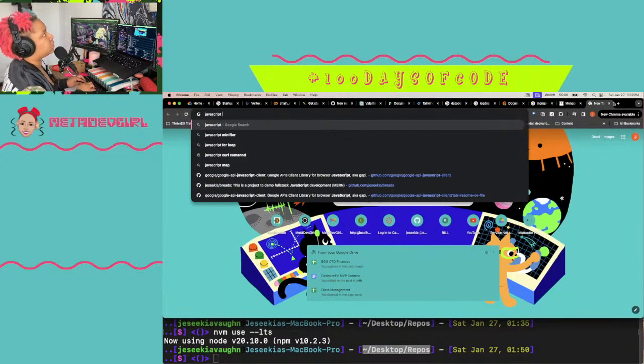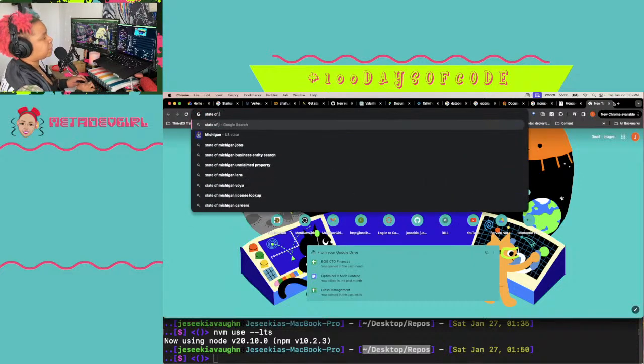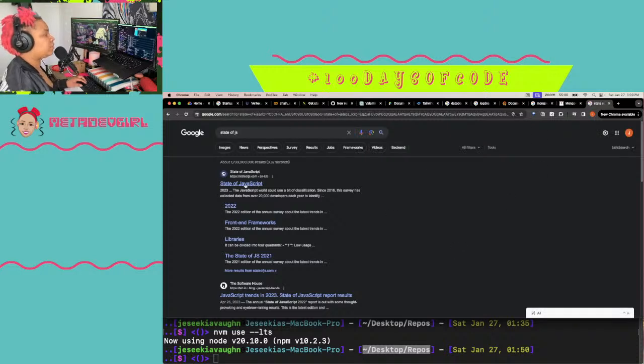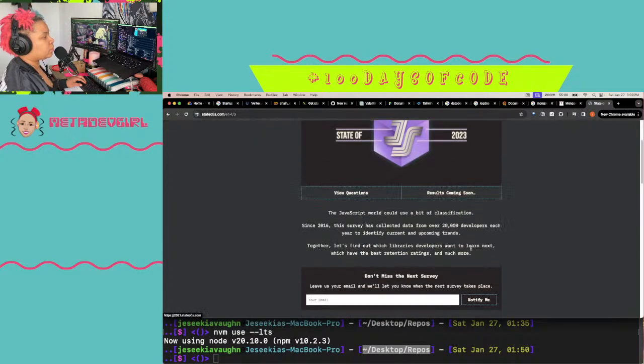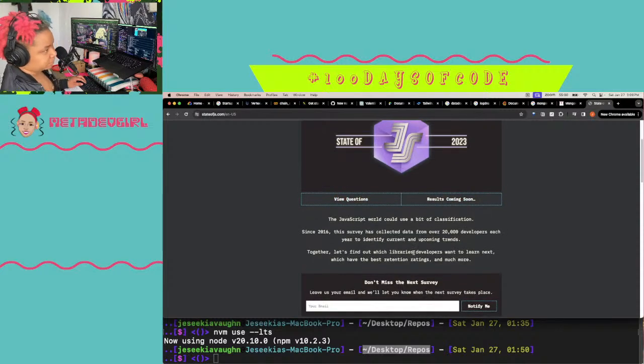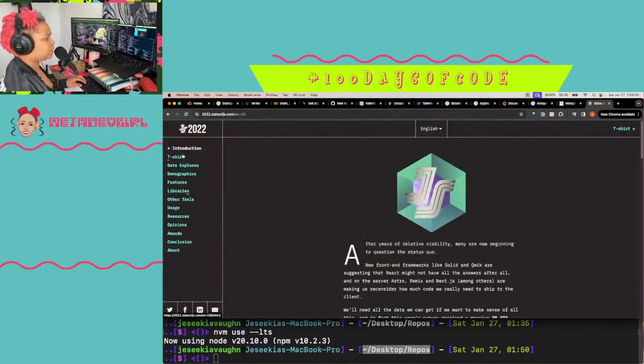Oh, this is what I wanted to look into. State of JS, basically. Not that I don't believe ChatGPT, but we want to look at the state of 2022 because that's the most recent responses.